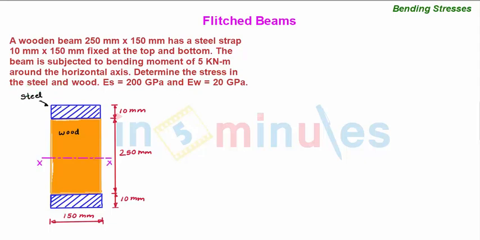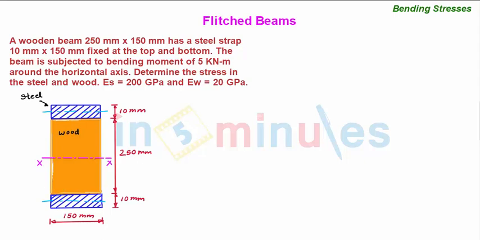So let's start with drawing the centroidal axis of this composite section. Now due to the symmetry, the centroidal axis will pass through the center of this composite section. Now this center of composite section is actually the center of the wooden section. So we can say that the centroidal axis of the composite section passes through the centroidal axis of the wooden section. But if we see, the same centroidal axis of the composite section does not pass through the centroidal axis of these two steel sections, which are at the top and bottom of the wooden section.